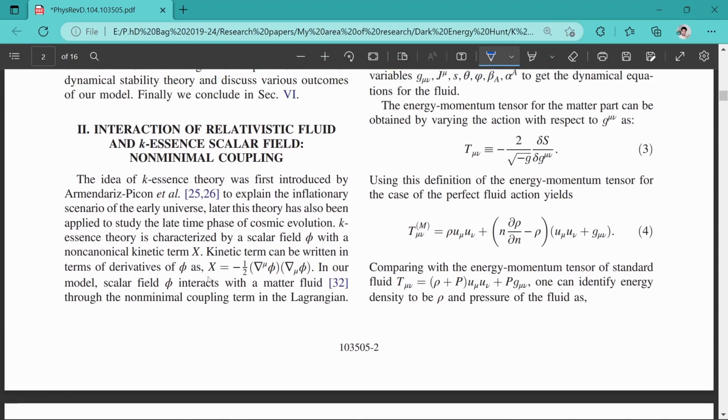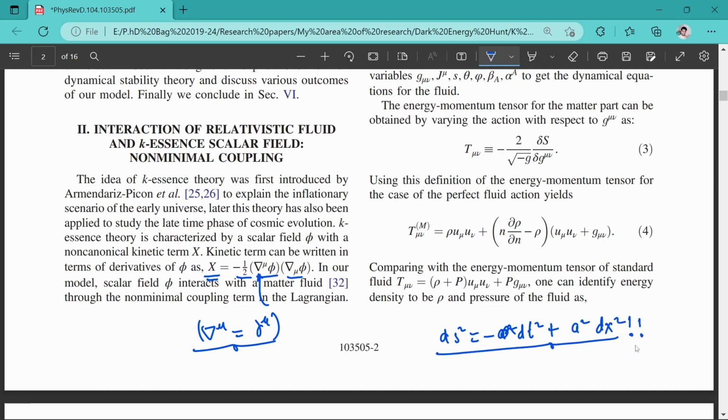As we have defined, in the Lagrangian of the field it is contributing with this del mu phi, and it is nabla because we are talking about the covariant derivative. Since phi is a scalar quantity, all the covariant derivatives can become simply partial derivatives. Now our choice of metric is simple: ds squared equals minus dt squared plus a squared dx squared. This is the FLRW metric, where we have assumed that our universe is isotropic and homogeneous. So no matter where you look, your universe seems to be the same in all possible directions.